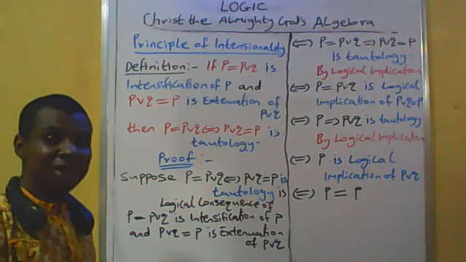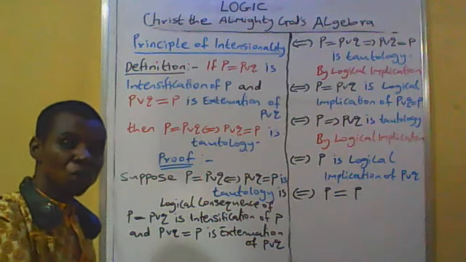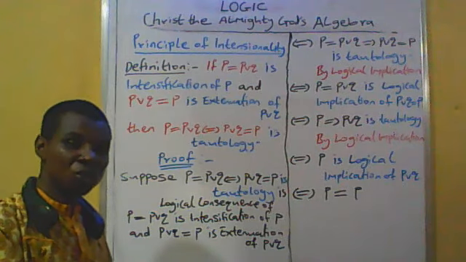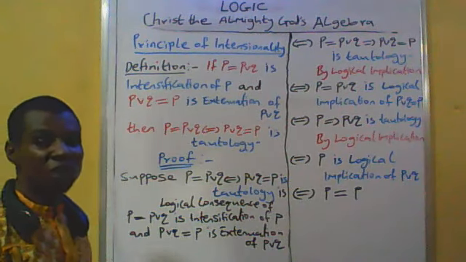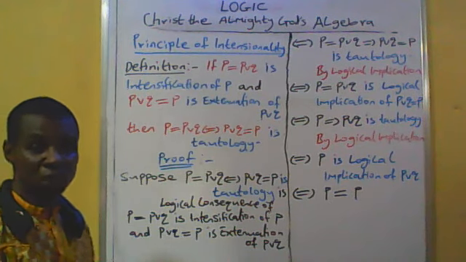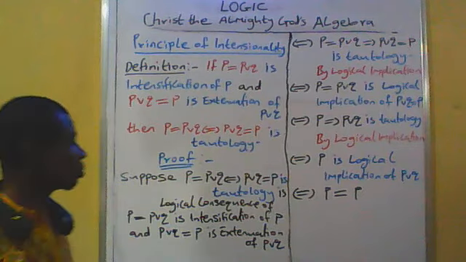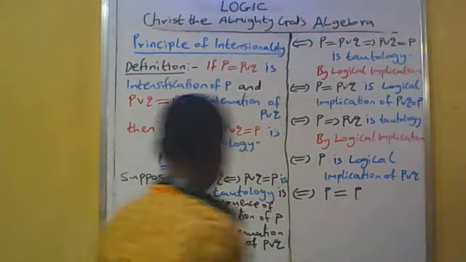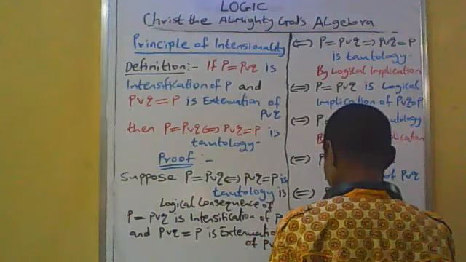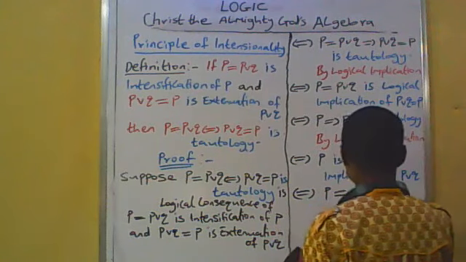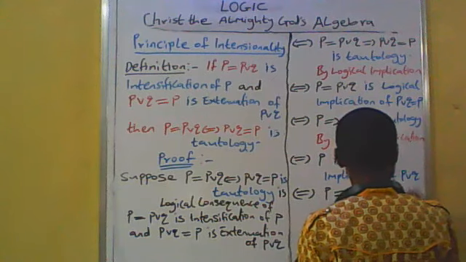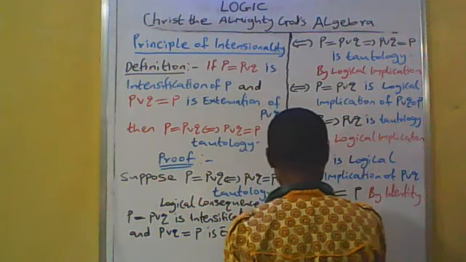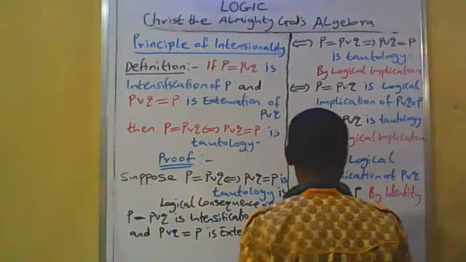Whenever the left hand side of P is true, the right side of P is also true. In the same vein, whenever the right side of P is false, the left side of P is also false. We say that it is logical equivalent. I mean, it is a law. It is logical equivalent, which means it is a law, justified by identity, the sameness. By identity. If and only if P is equal to P